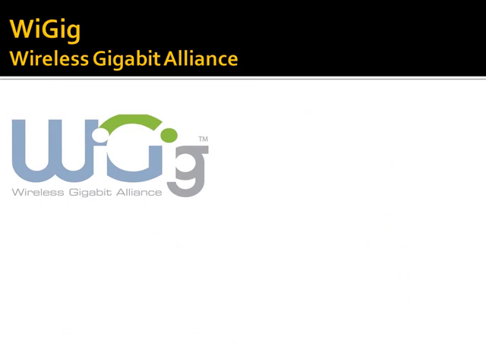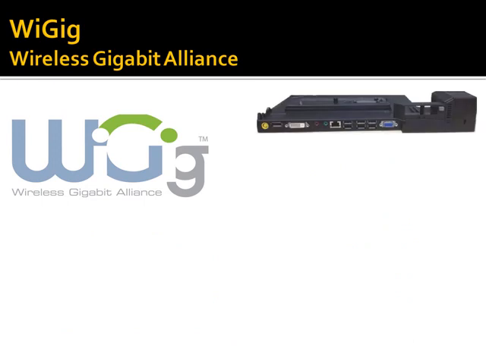WiGig is the Wireless Gigabit Alliance. This actually is a subgroup of the Wi-Fi Alliance, so as you can imagine, this looks and feels a lot more like Wi-Fi. In fact, when you take a look, it's more pointed at the computer. I'm going to dock my computer and then use other wideband peripherals, like my big display over here. Oh, by the way, I'll have a keyboard, great audio, wideband Ethernet, all that sort of thing.